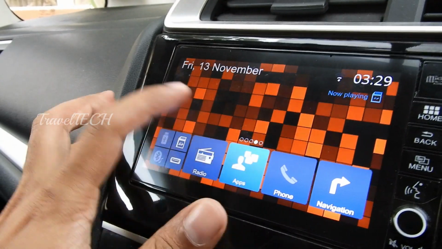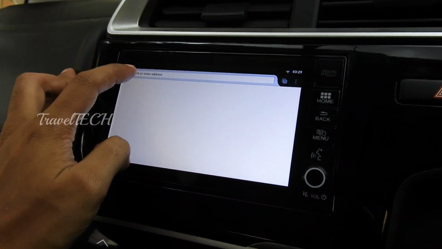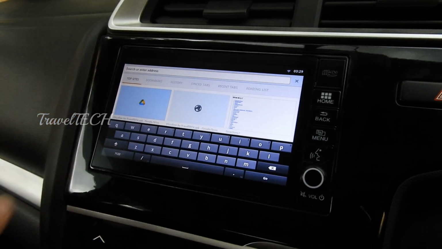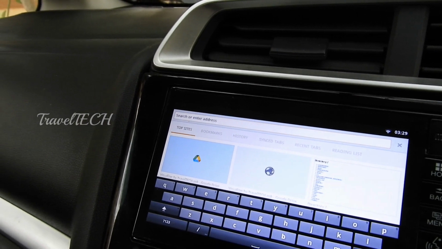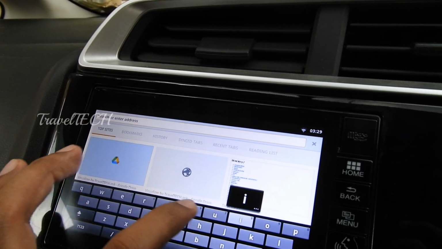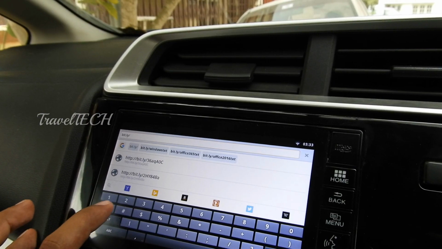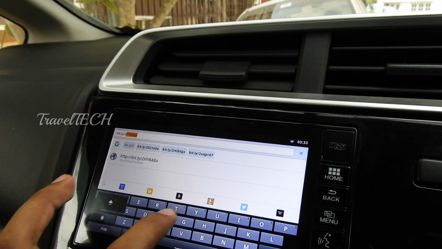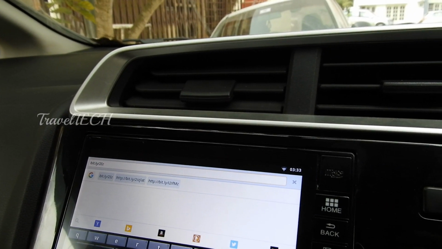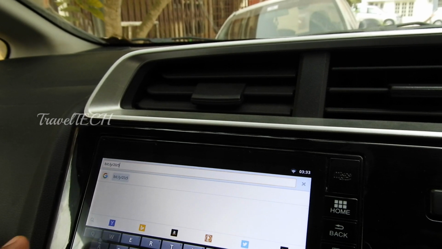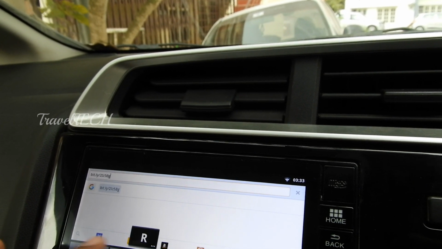So what you need to do is go to the Firefox browser in the digipad. Just open up the Firefox browser, click on the URL bar and type in the address which I'm going to show you. And that address is none other than bit.ly/2 followed by capital I and a small letter Z, then followed by number 5, capital B, and followed by small letter G and a capital R.